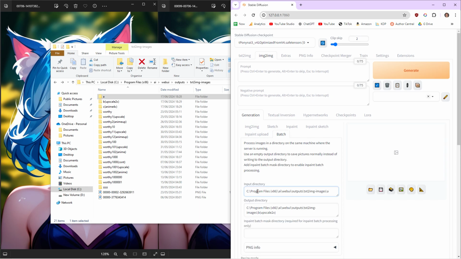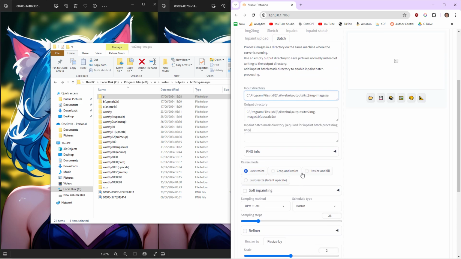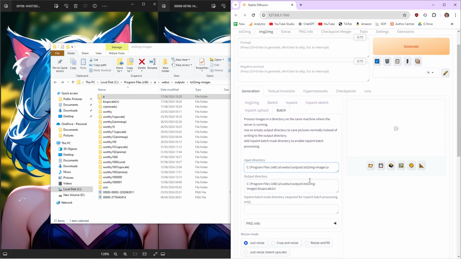Once you've got batch, you can just copy and paste your input directory. So I want to take all the images, the small images from the A folder, and then I want them to upscale it by 2, which is all this settings here. I've just done a detailed video explaining all this, but while we're here, it'll dump it into that folder. So you can like